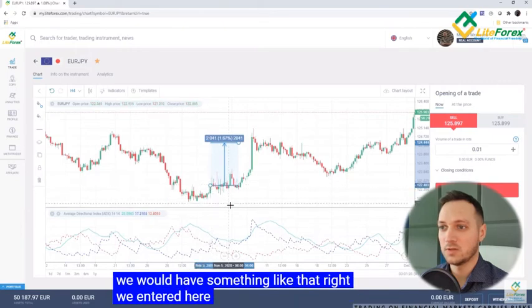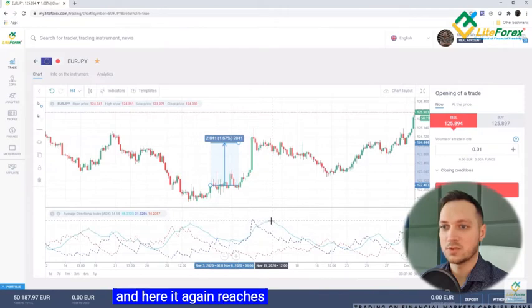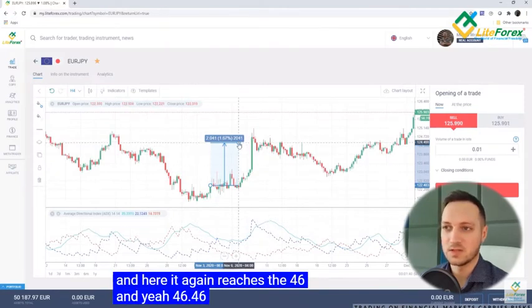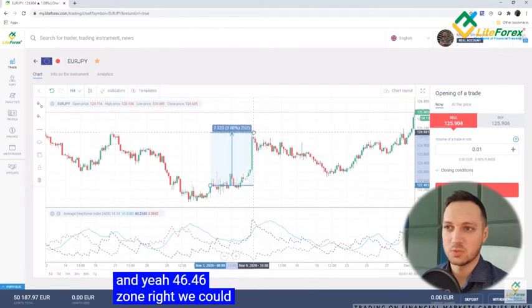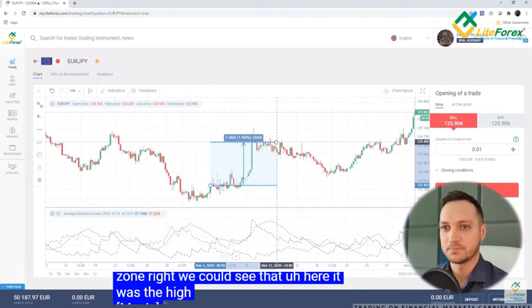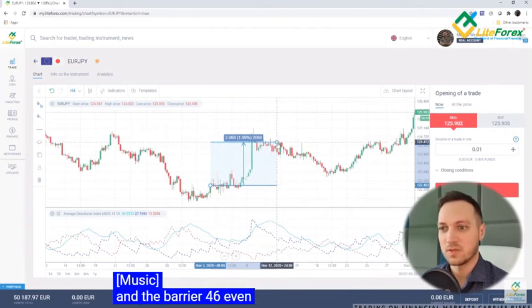We entered here. The ADX is still above 20. And here it again reaches the 46 points zone, right? We could see that here it was the high. And the barrier 46, even then